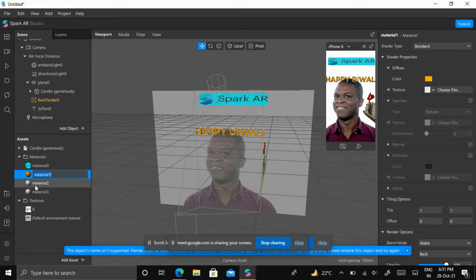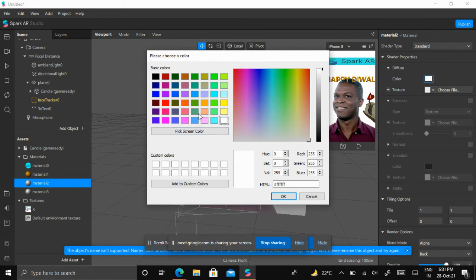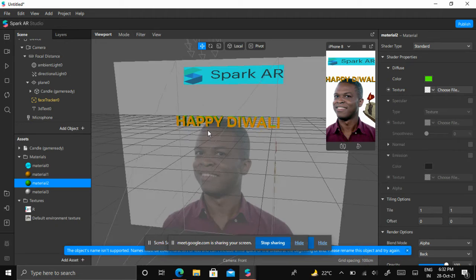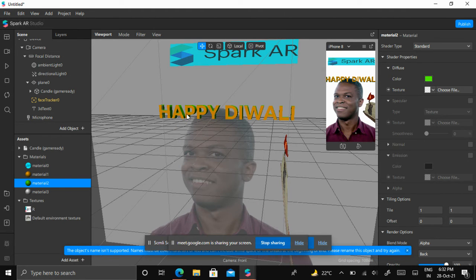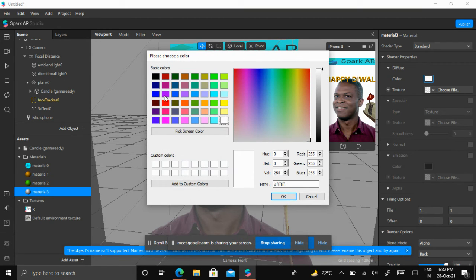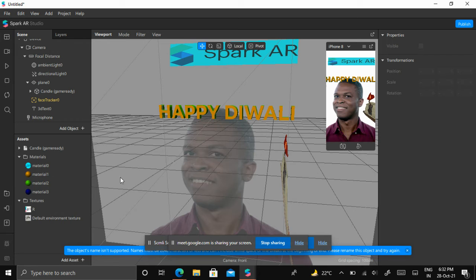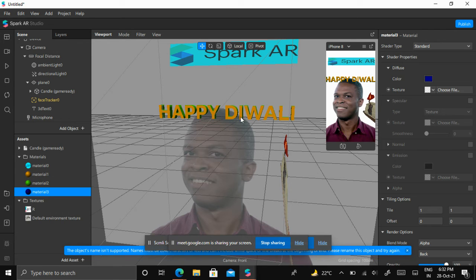And I want material two, which is the side portion, to change to, suppose, green color. When it moves, you can slightly see the side portion has changed to the blue one. Suppose we say this color as blue, anything. And the back portion has changed as well.